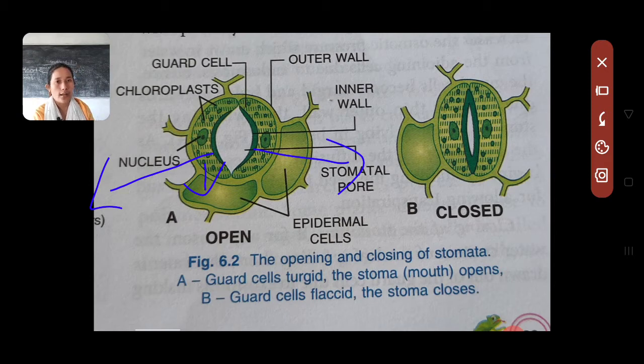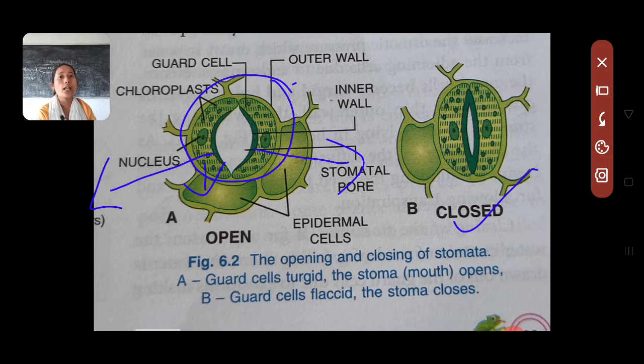Now during night, does photosynthesis occur? No, photosynthesis does not occur. But during the whole daytime, since water has been withdrawn from the epidermal cell, the concentration of water inside this guard cell is more as compared to the nearby epidermal cell. So at night, water will move from the guard cell into the epidermal cell, because of which the guard cell will lose turgidity, it will become flaccid, leading to closing of stomata. I hope you understood potassium ion theory.